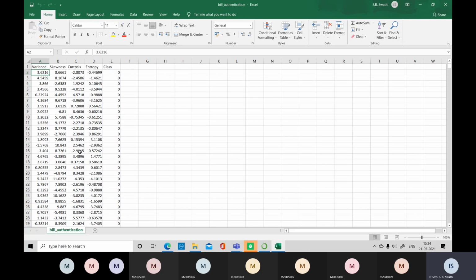After putting these values in that particular equation, whether it is generating a positive number or a negative number, based upon that this classification has been done. This data set has been imported from Kaggle.com. If it is a negative value, it is estimated that the data belongs to class 0. If it is a positive value, the data belongs to class 1.